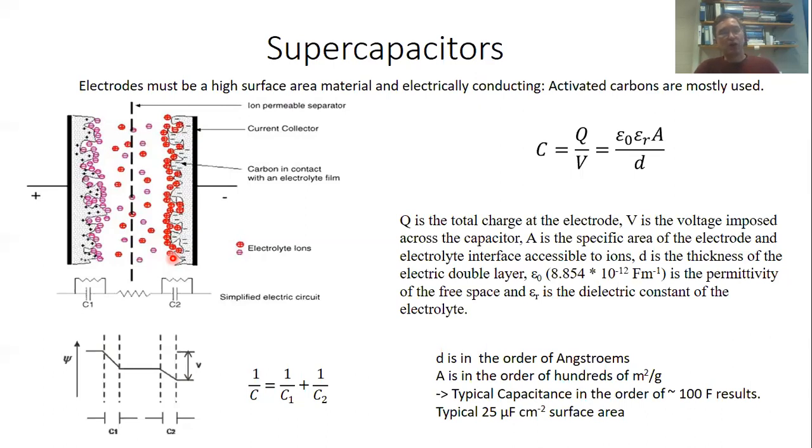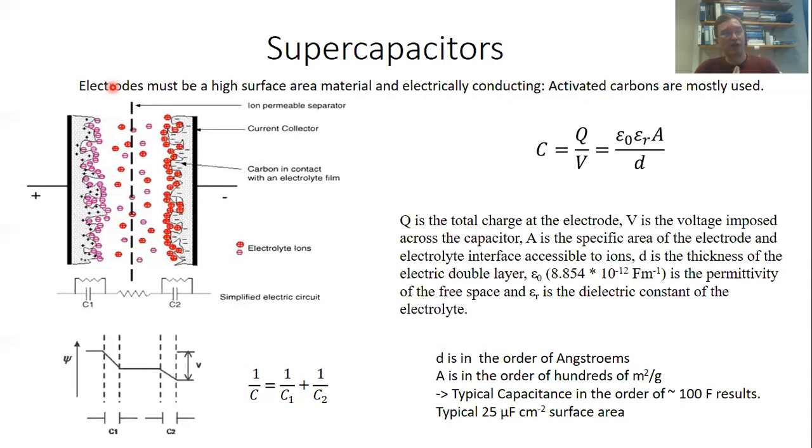That is because our electrode is now not a flat surface, but it's actually a highly curved surface. So we have a high surface area material as our electrode, and therefore we have orders of magnitude more